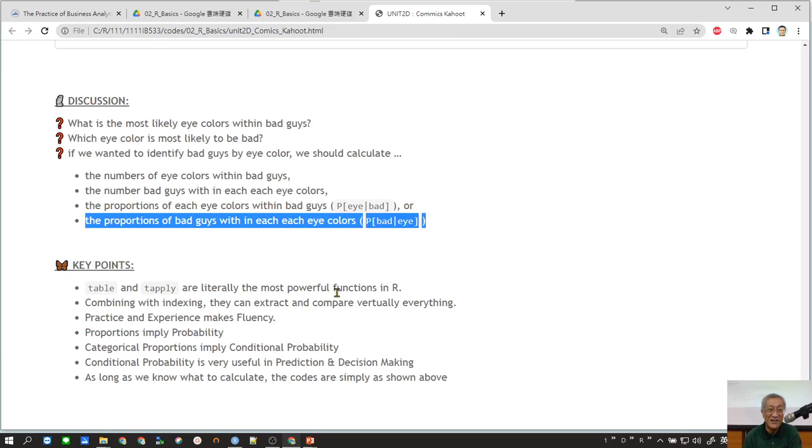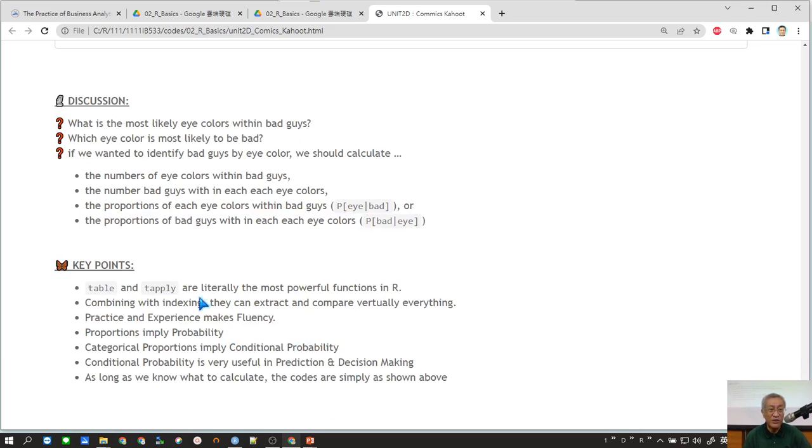So as I concluded here, now table or t-apply are literally the most powerful function in R, okay? I can tell you that if you can use this, you can solve like 70, maybe 80% of the business questions already, okay? But you need to use it in the right way, right? It's not easy to use it in the right way because it looks very simple, but they are very flexible, right? So this simple and flexible